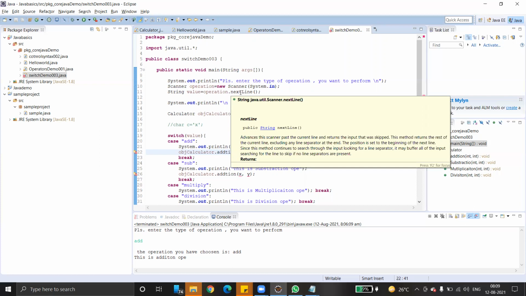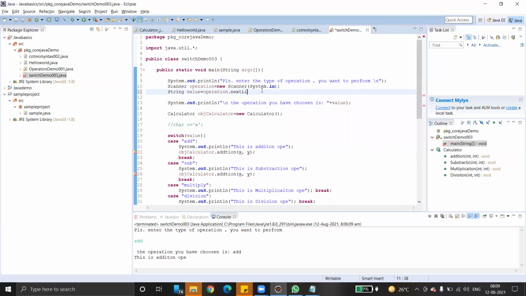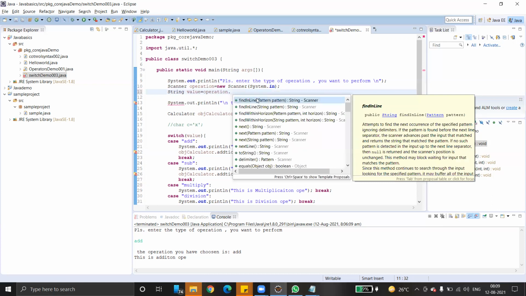When you are going to get the data in string format, we use next line. That's all.